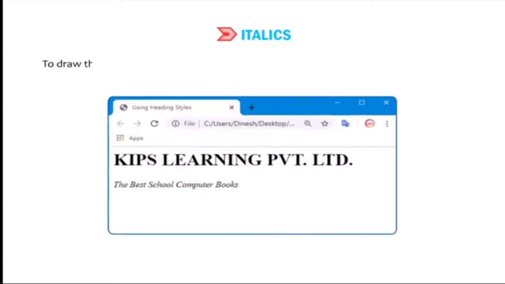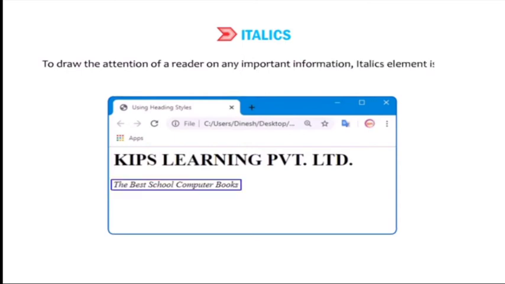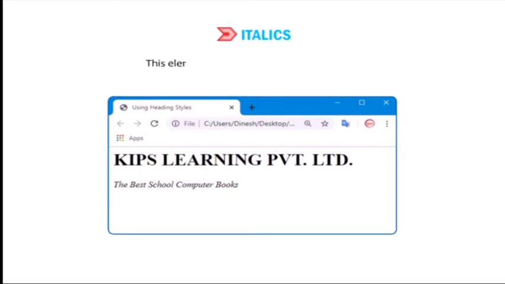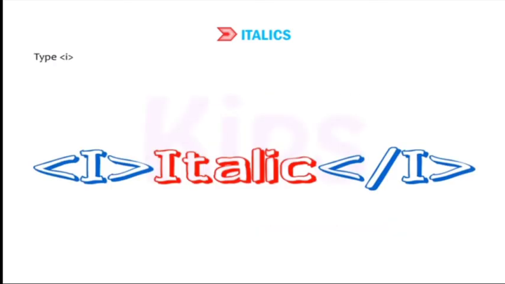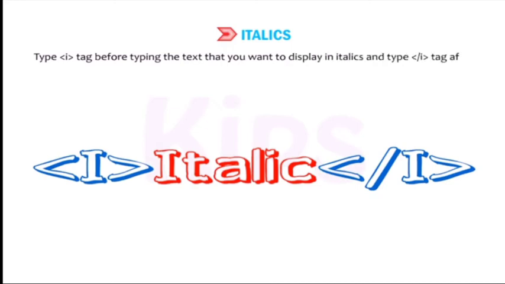Okay, students, let's talk about the italics tag. To draw the attention of a reader to any important information, the italics element is used. This element marks up the text in italic style. Type the I tag before typing the text that you want to display in italics and type the /I tag after the text. For example,